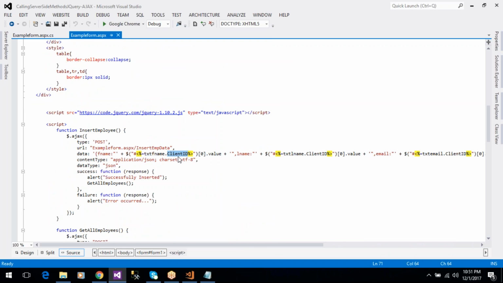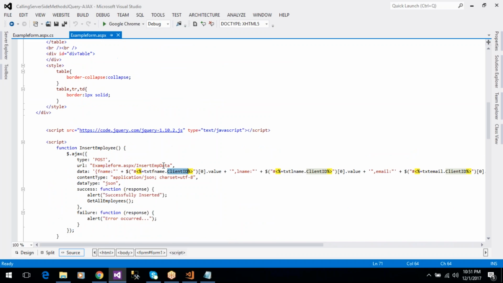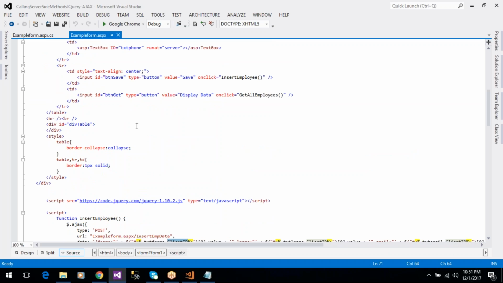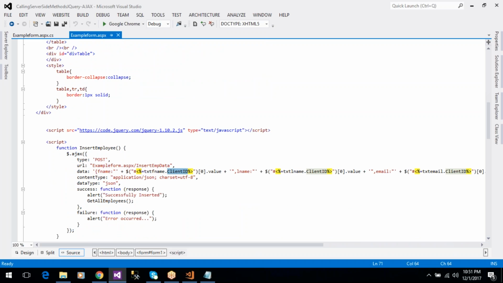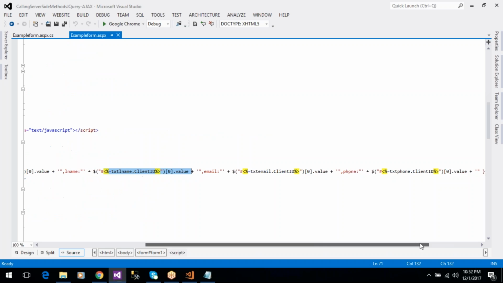Dot client ID. Client ID means these are client-side elements, so that's why we are taking client ID. Dot value. So this value is read from the text box. And after that the last name, and after that email and phone,